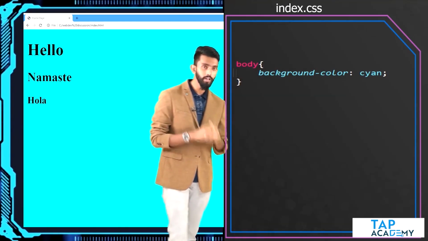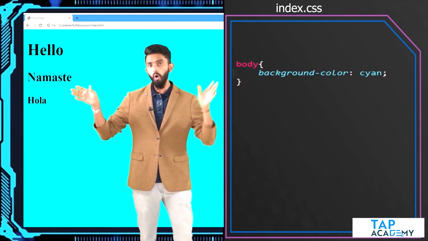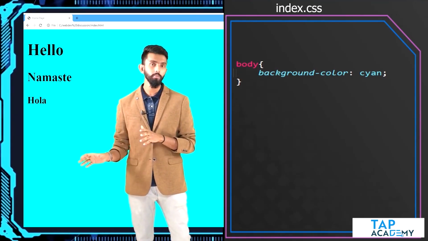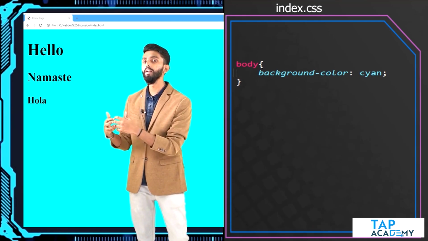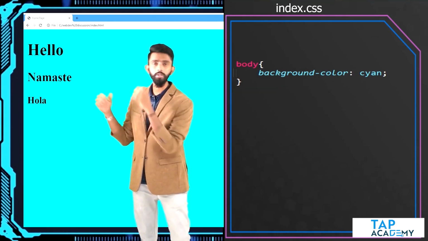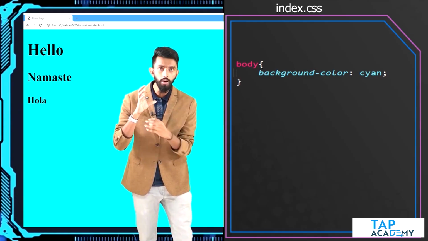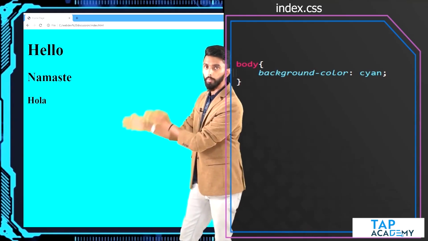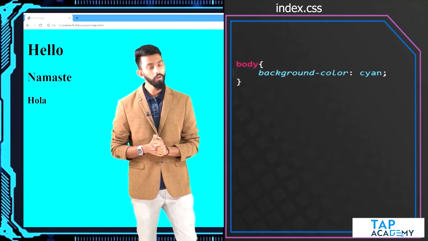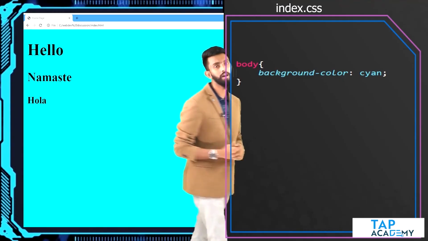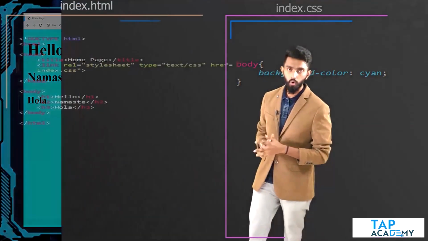Now I want you to think. After all, what am I saying? All the elements inside the body should be colored as cyan. Background color should be cyan. Now, which means any element I put inside body should have this property associated with it. But let us see whether that would really be the case. So what I'm going to do is I'm going to take you back to my HTML code,